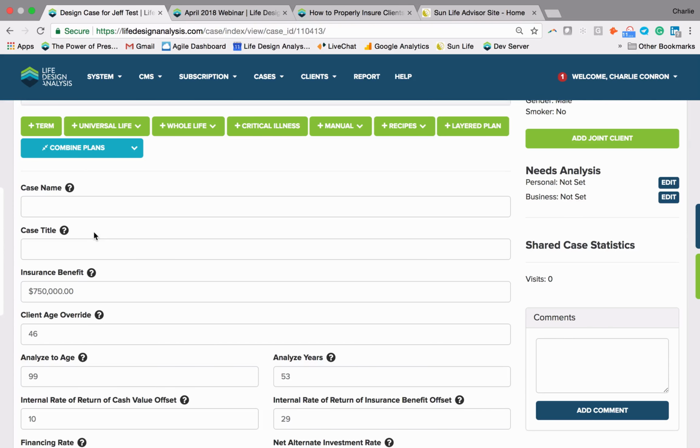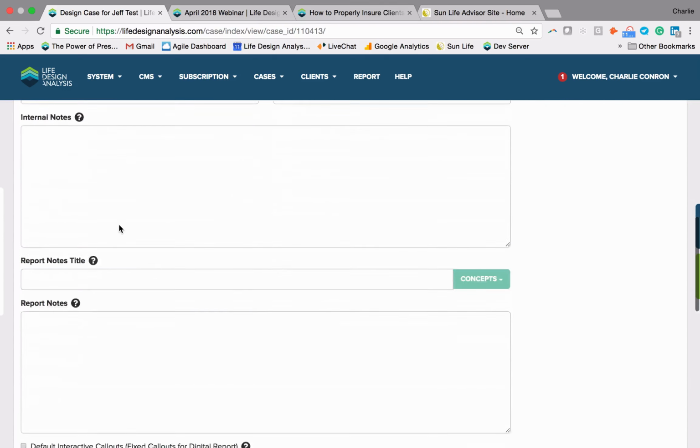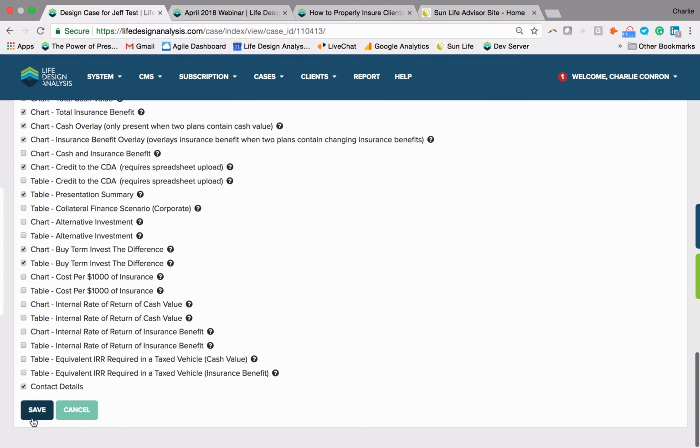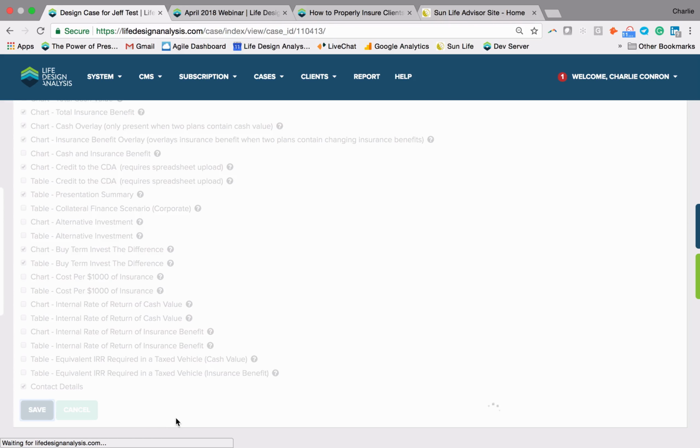So if we're wanting to separate out different examples for a client and have them searchable within our Manage Cases section, we want to add that into case names. So for example, this could be Empire 8Pay. And in the title, we could add anything else we wanted to include in the report. For now, I'm going to hold off on that. But if we go ahead and save this now at the bottom of the screen,